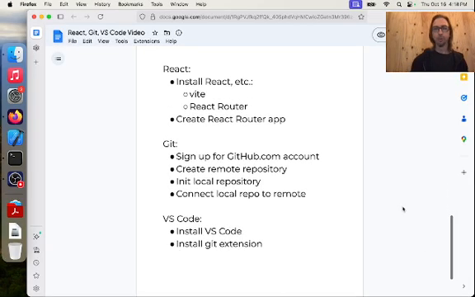And then I had sort of gone through and made up a little thing here of what I want to go over. So React, we're going to have to install React, which will include Vite and React Router probably, and then we're going to create our React Router app. Then we're going to go to Git. You want to have Git installed already on your machine one way or another. So in the video, we're going to go to GitHub and create an account, create what's called a repository on GitHub,